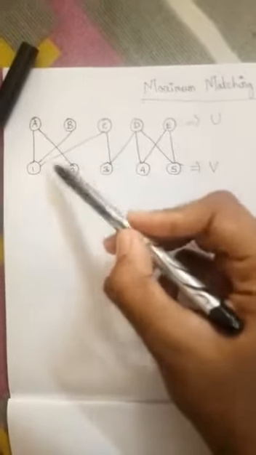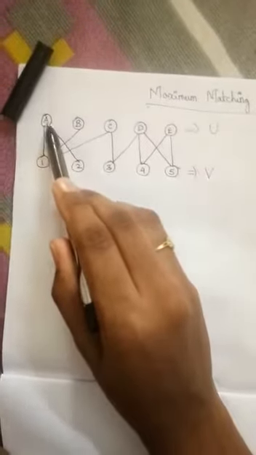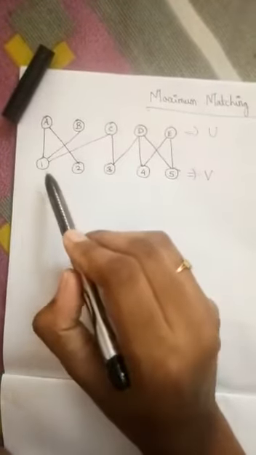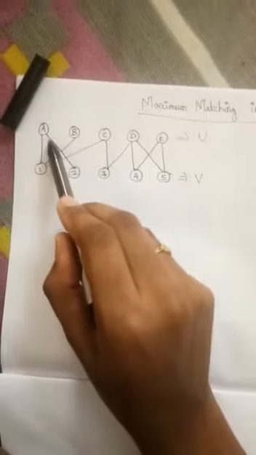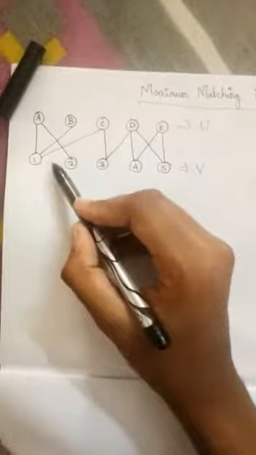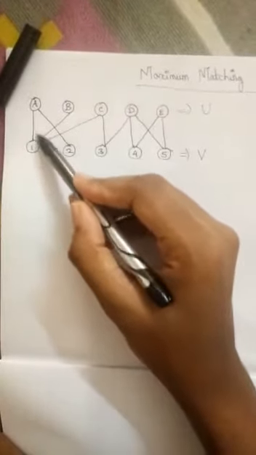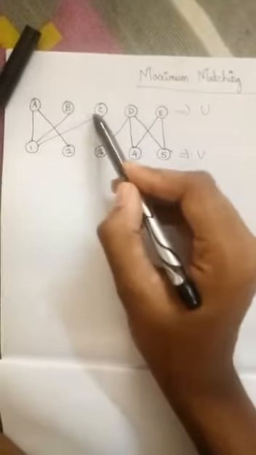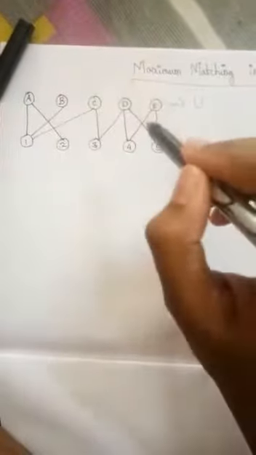Okay, so we can see edges that are connected between the vertex sets U and V, like A is connected to 1, 2 and so on. In this we can see that the vertex A is shared by the vertices 1 and 2, that is, two edges are connected to A. Similarly, the vertex 1 is shared by A, B and C. So there is sharing. So this is a bipartite graph.